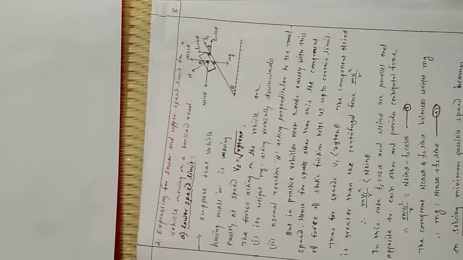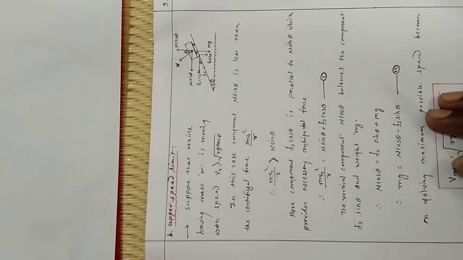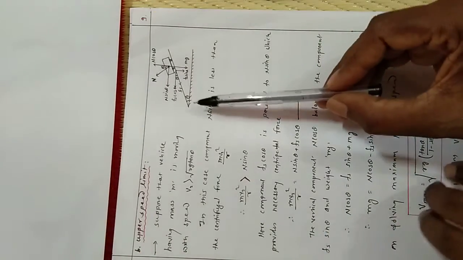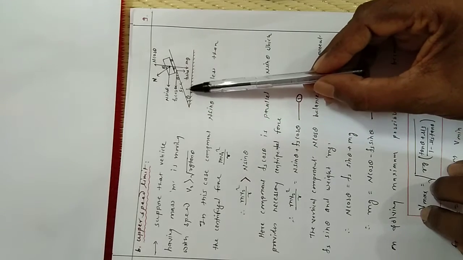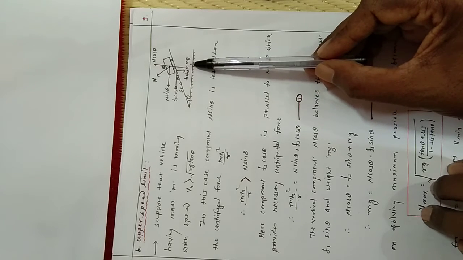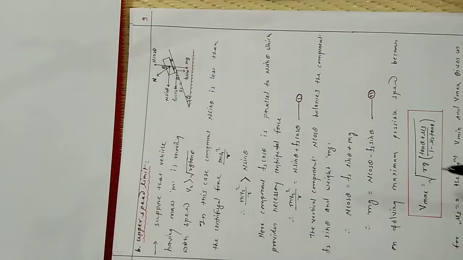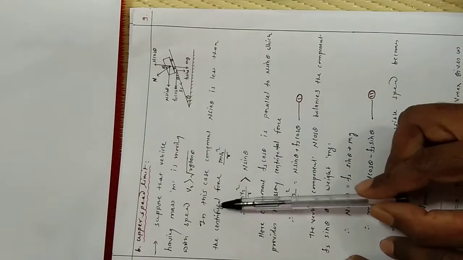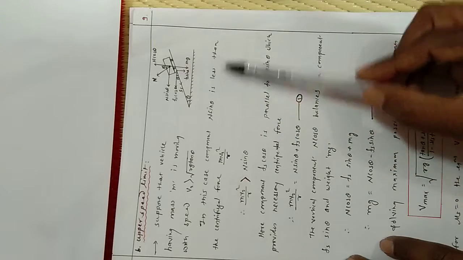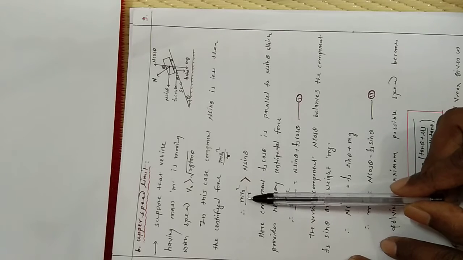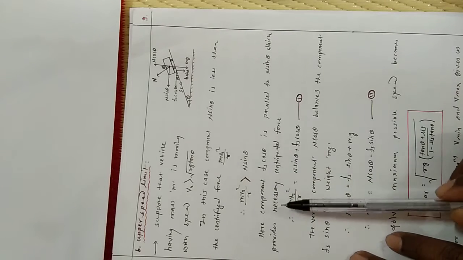In the same way, secondly we have to find out the upper speed limit of the vehicle. Now in case of upper speed limit, the same way: horizontal surface, this is the road surface, vehicle, center of gravity, and the different forces, that is the weight mg acting vertically downward and the normal reaction perpendicular to the road surface. Suppose that the vehicle having mass m is moving with the speed v2 greater than under root rg tan theta. In this case, the component n sin theta is less than the centrifugal force, that is m v2 square by r. That means m v2 square by r is greater than n sin theta.